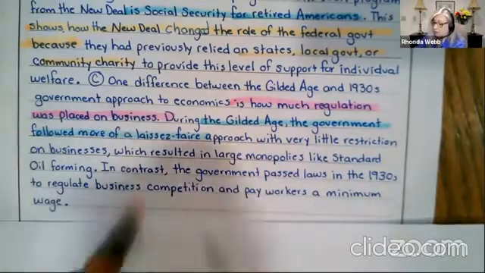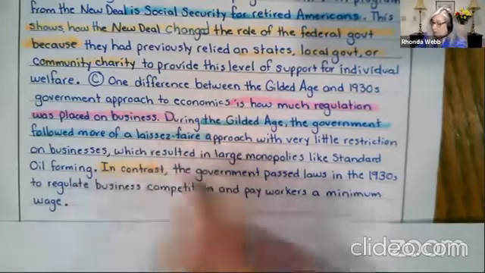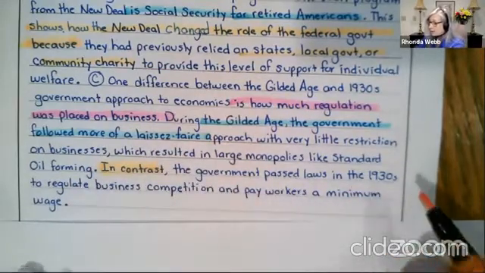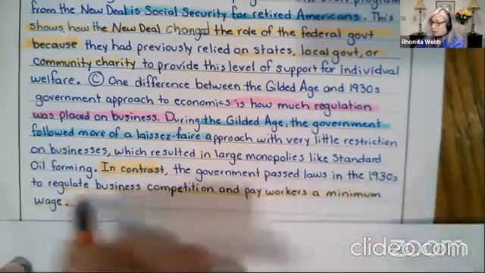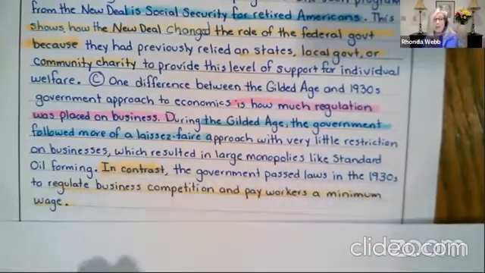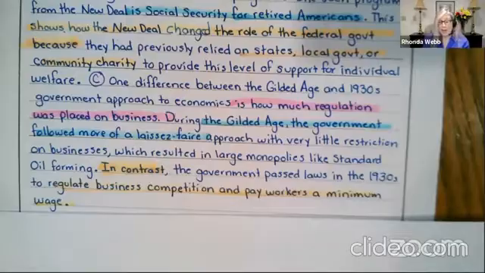In contrast, so again, I'm showing that this is a difference. The government passed laws in the 1930s to regulate business competition and pay workers a minimum wage. So I think these students did a great job in answering